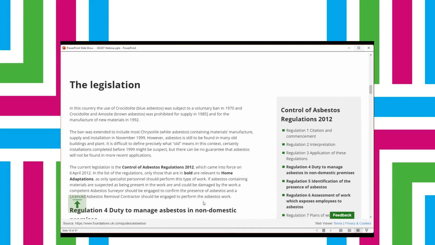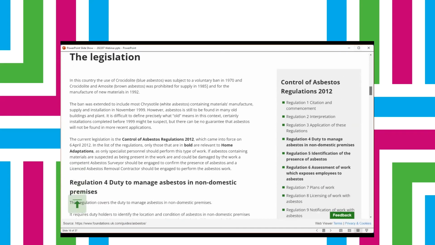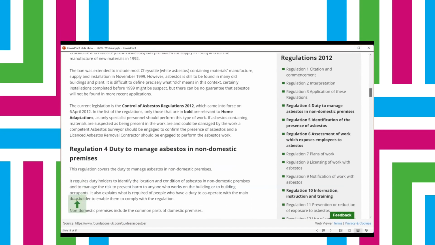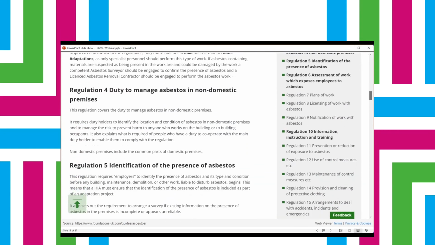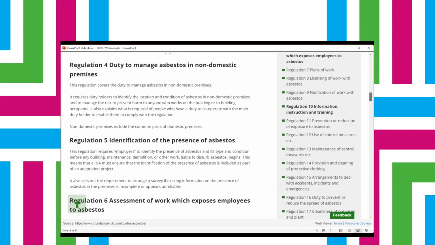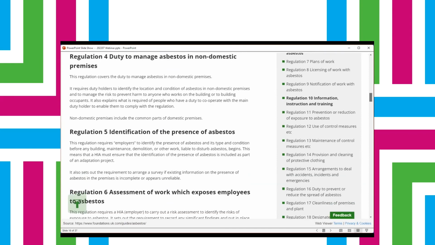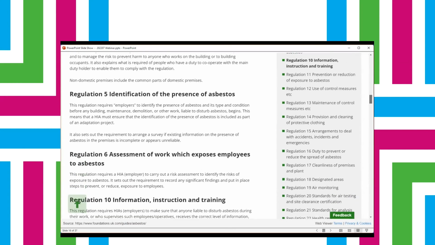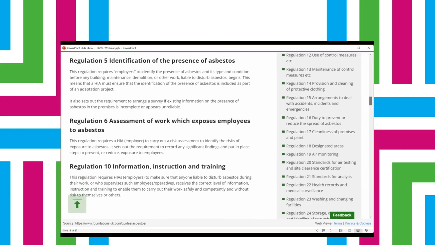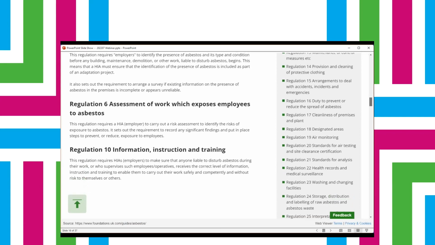And it gives you a little overview of the particular regulations, which is 4, 5, 6, and 10 that you particularly need to be aware of: the duty to manage, identification of presence of asbestos, and the assessment of work which exposes employees to asbestos, and then details on information, instruction, and training, which is particularly key,